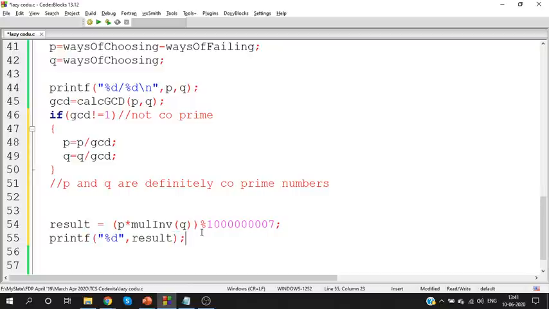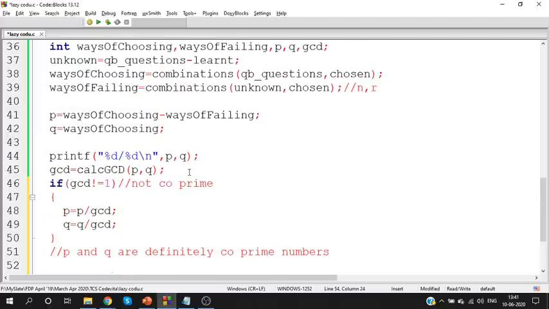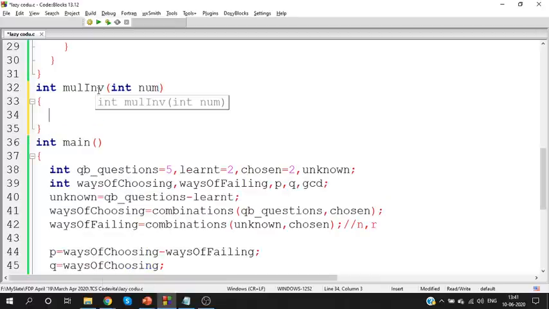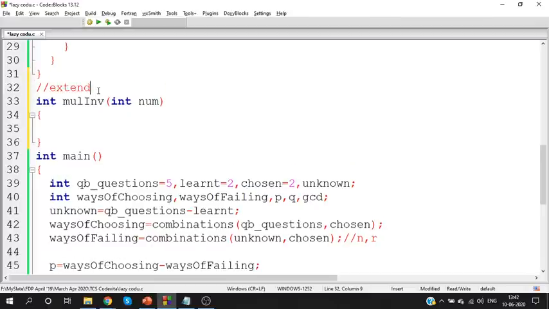So the only process which is remaining now is calculating the multiplicative inverse. This multiplicative inverse is also calculated in modulus value only. So I have one more function which is multiplicative inverse of a number. How shall we calculate the multiplicative inverse? This is the only point where we need to focus. Others all are easy. In multiplicative inverse, guys, there are multiple solutions, but for that you need to know some algorithms also. For this problem, I'll tell you the naive solution. If possible, you can also implement extended Euclidean algorithm.